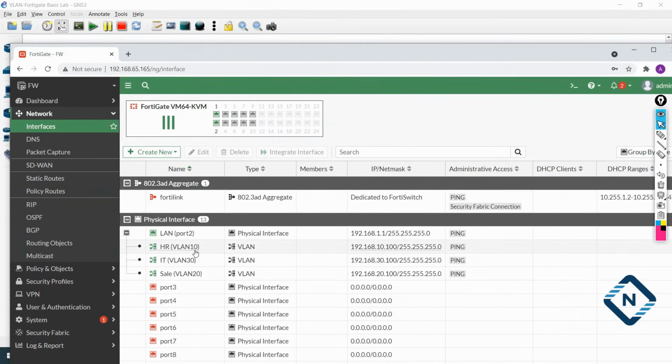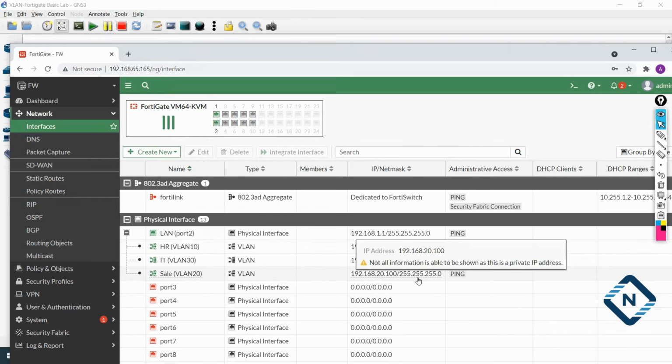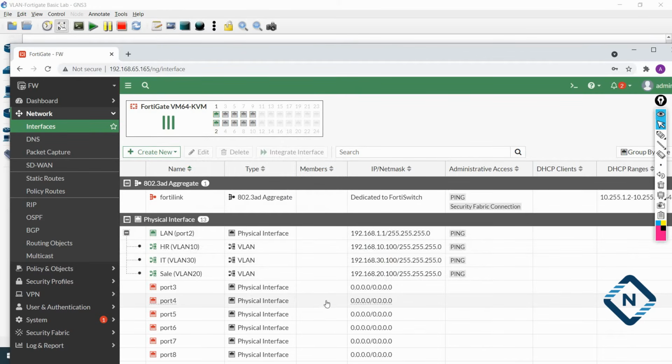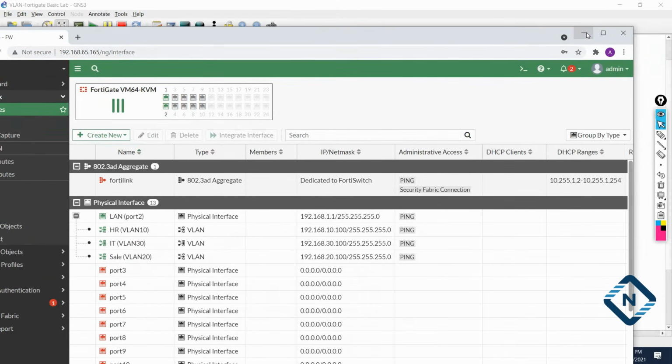So VLAN 10 has 10.100, VLAN 30 has 30.100, VLAN 20 has 20.100. So this is good and I am allowing all for ping. This way, we configured the sub interface. I hope you understand this.